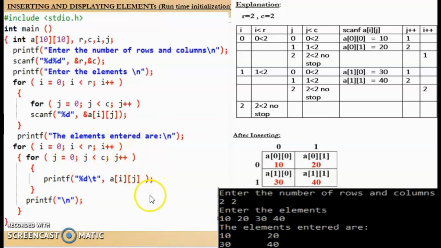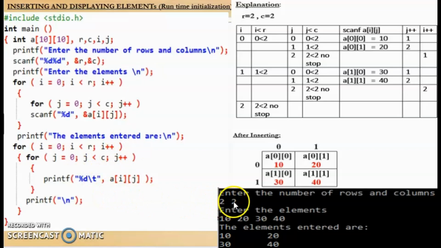To print the elements of a two-dimensional array, we will use a nested for loop. How we print using a nested for loop, we have already seen in the previous slide. That is, the outer for loop will start from I equal to 0 till I less than the number of rows, and the inner for loop will be initialized to 0, that is J equal to 0. It will go on till J less than C, where C is the number of columns. Here we have a printf statement which will print the elements of the array. We have written this printf statement so that it prints in the form of a matrix. So this part is used to enter elements inside the array using runtime initialization, and this part is used to print the elements of the array.